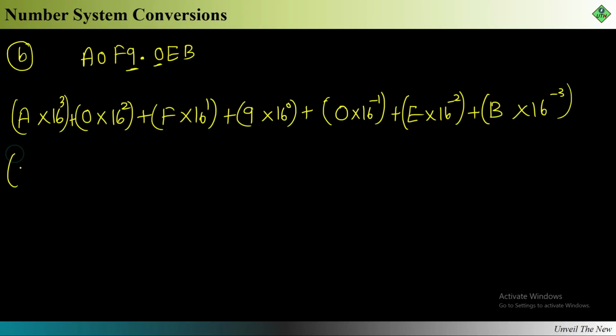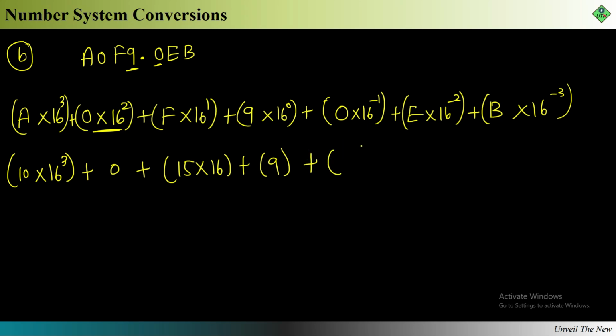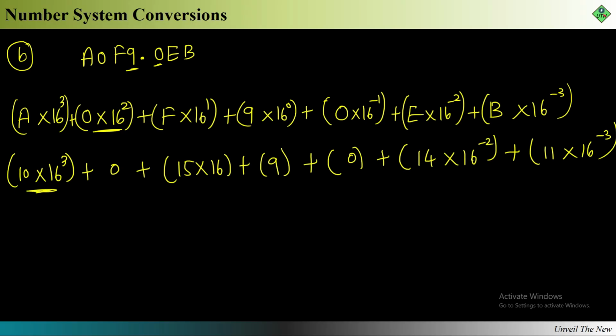Now A, so A is basically 10 into 16^3. Now 0 into 16^2 will simply be 0. F is 15, so 15 into 16, and 9 into 16^0 is 9. 0 into 16^-1 is 0. E represents 14 into 16^-2, and B represents 11 into 16^-3. Right, so first of all let's do this. 16 into 16 into 16, that means 16 cube into 10. Right, this is your